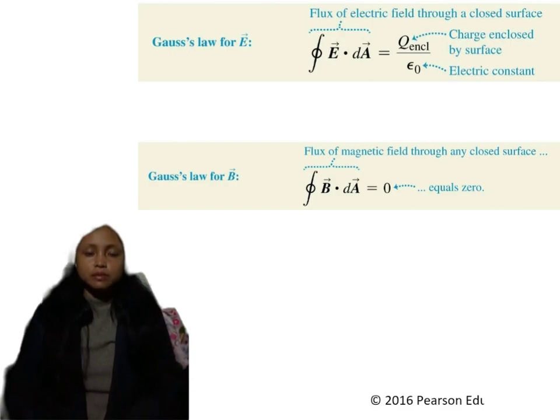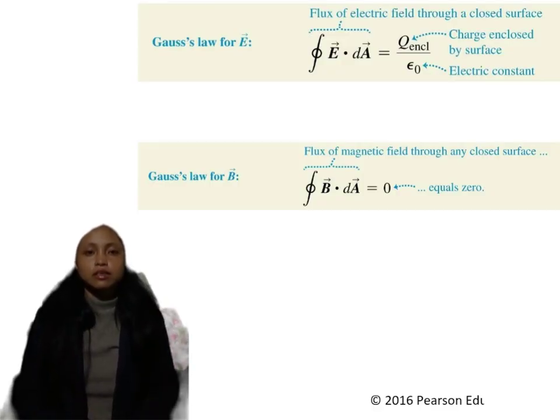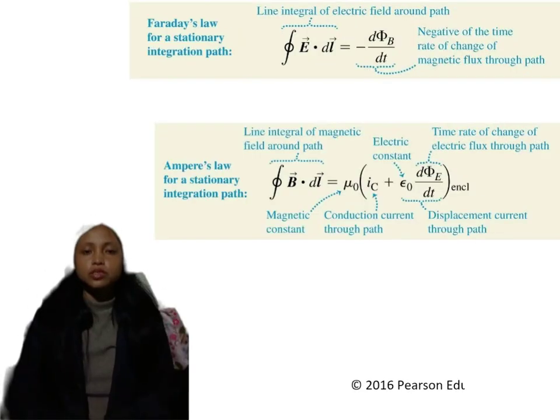All the relationships between the electric field and the magnetic field and their sources are summarized by four equations called Maxwell's equations. The first Maxwell equation is Gauss's law for electric fields. The second Maxwell equation is Gauss's law for magnetic fields. The third Maxwell equation is the chapter's formulation of Faraday's law. And the fourth Maxwell equation is Ampere's law,